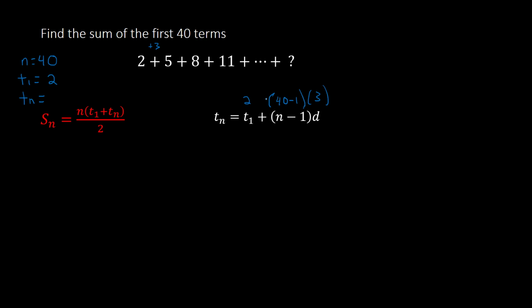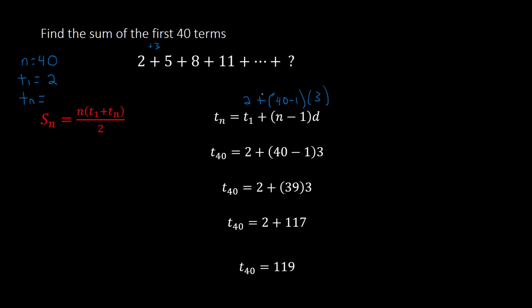So d would be 3. So what I have is t40 equals 2 plus 40 minus 1 over 3. 40 minus 1 is 39. So 39 times 3 plus 2 would give me 119. So tn, the last term, would be 119,